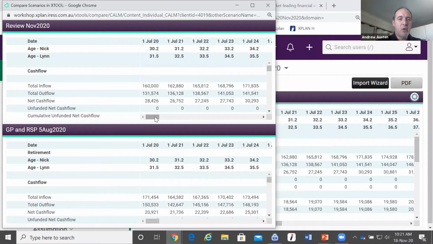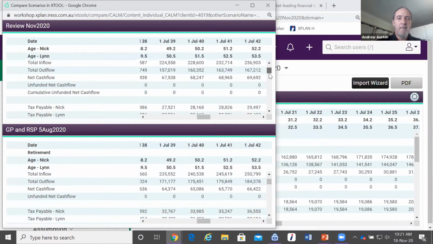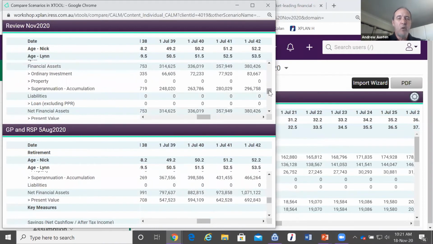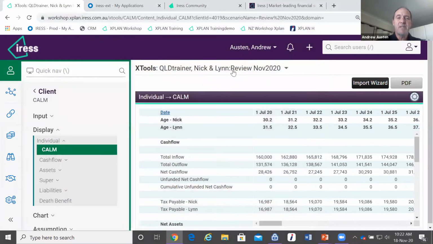And you can also scroll across, and you might want to see what their total wealth would be. And this is a quick look to see if they are on track. So it's a very helpful way of managing your scenarios. And again, if you wanted to then save as from this one, it might be review update or revised super